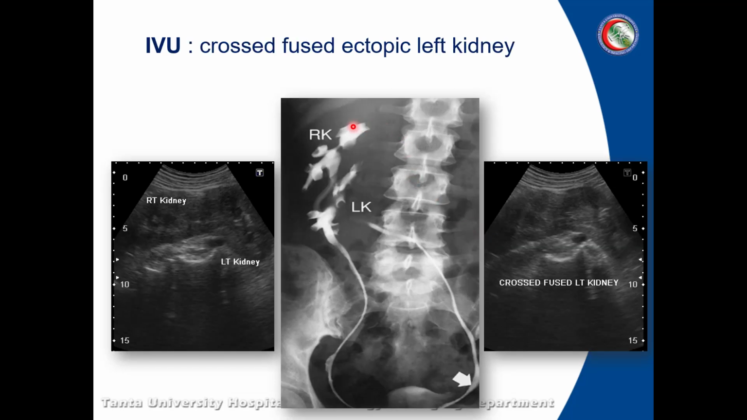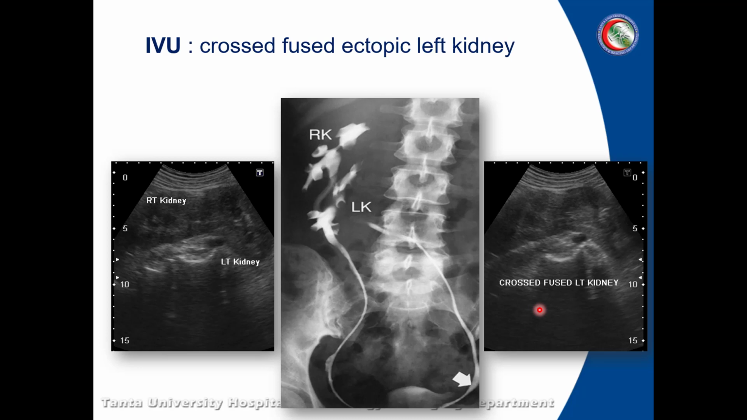This is an IVU, as we can see contrast filling the pelvic calyceal system and ureters, and we can see the left pelvic calyceal system and left kidney is crossing to the opposite side to fuse with the right kidney. So it's crossed fused ectopic left kidney with its ureter ending into the normal left vesico-ureteric orifice. So the full comment is IVU showing crossed fused ectopic left kidney, and this is an ultrasound picture which is